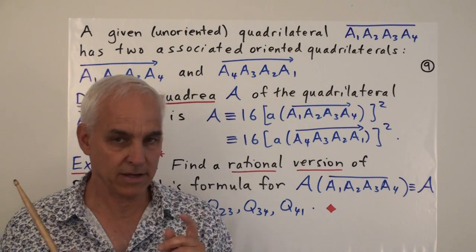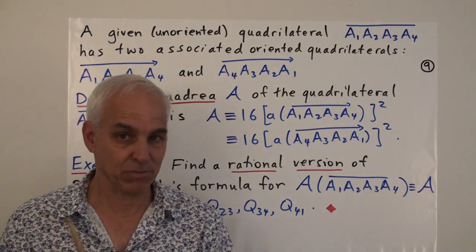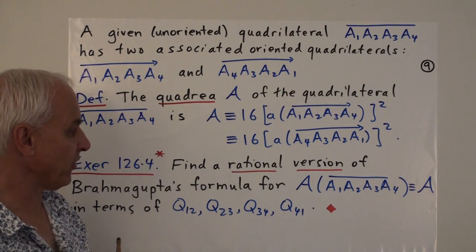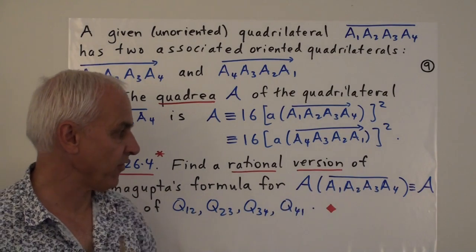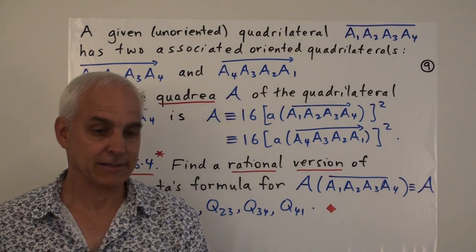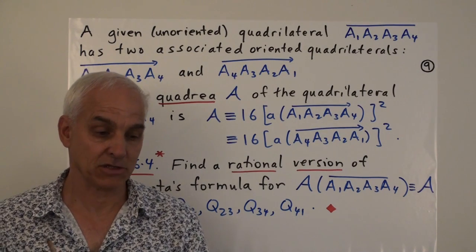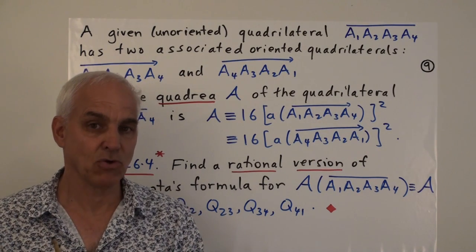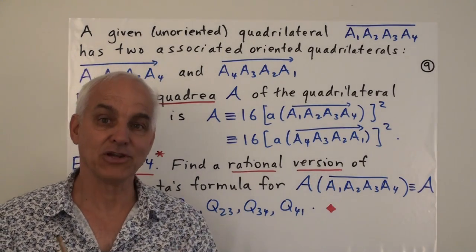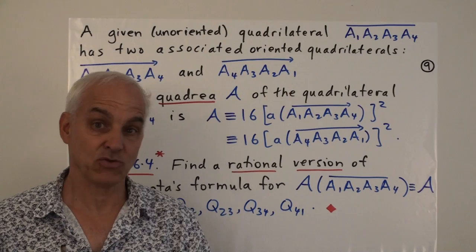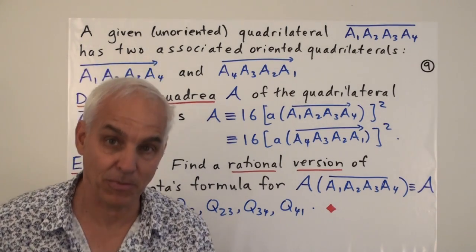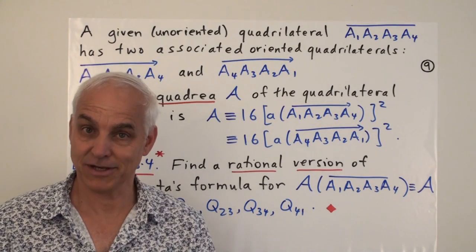Okay. So in our next video we are going to explore this very interesting relationship that occurs, this formula for the quadrea of a cyclic quadrilateral. And I think you'll find it very interesting. It will open up some new doors, and it will turn out to be remarkably connected with some other very interesting developments in the last 20 years in terms of not just areas of polygons, but also volumes of polyhedra, interestingly.